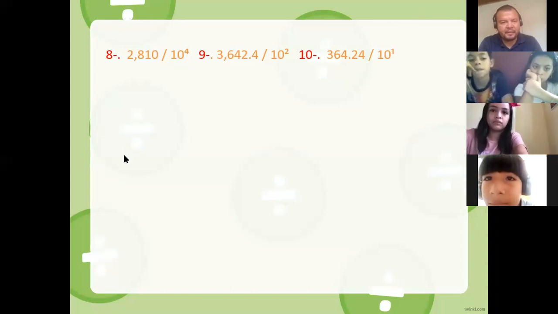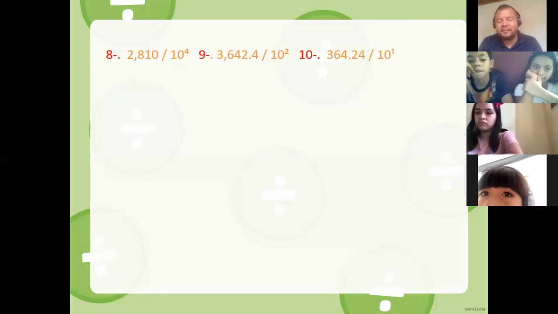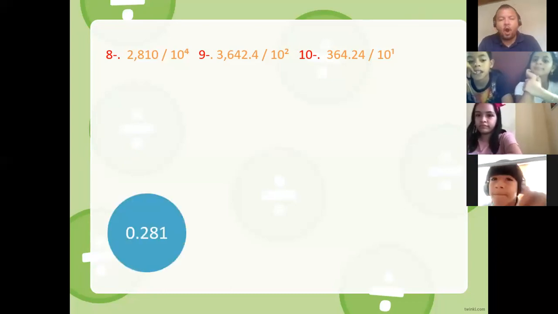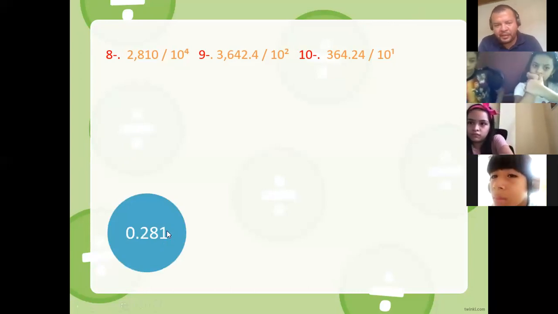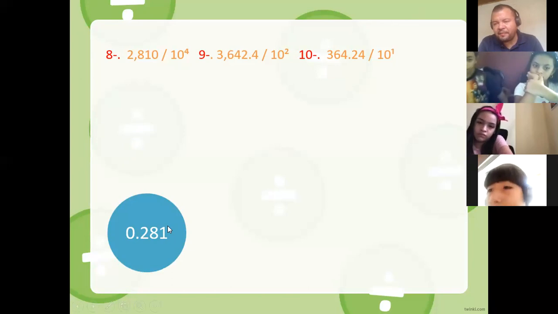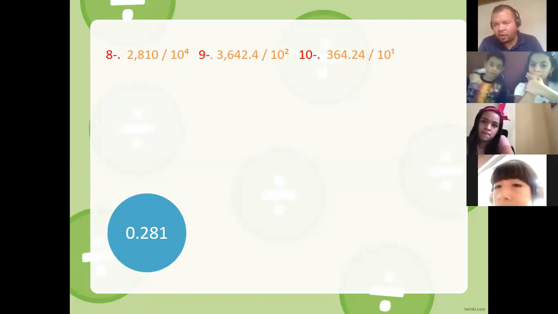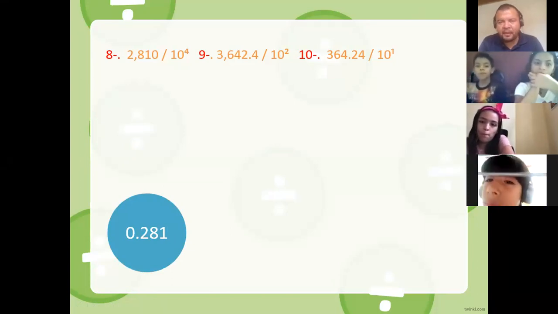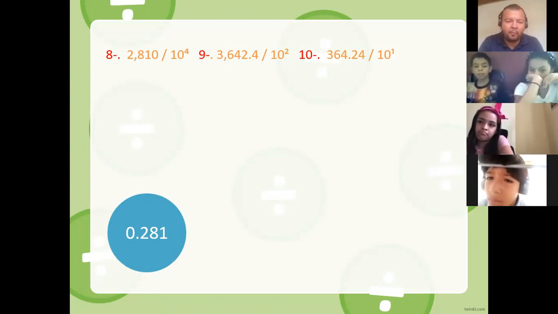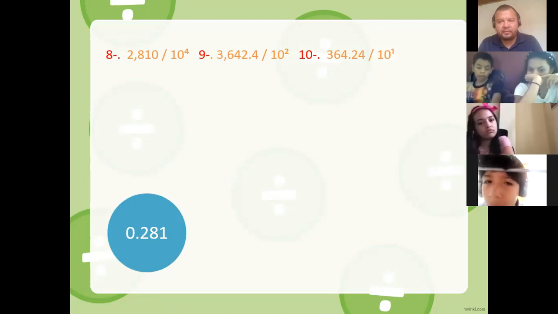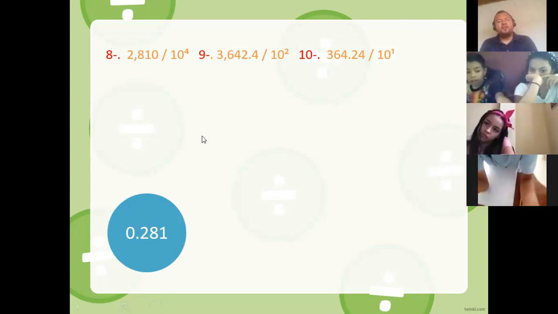The answer is 0.281 or 0.2810, it is the same. Remember that 0 doesn't have any value at the end, okay? It doesn't matter if you write 0.2810 or only 0.281. It's the same answer. Number 9,